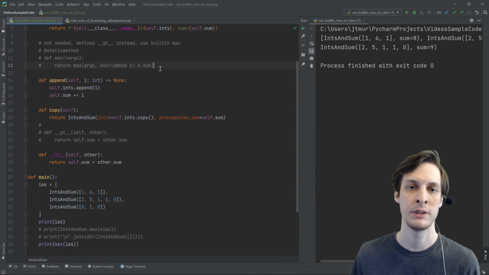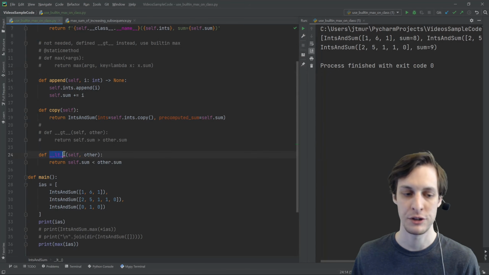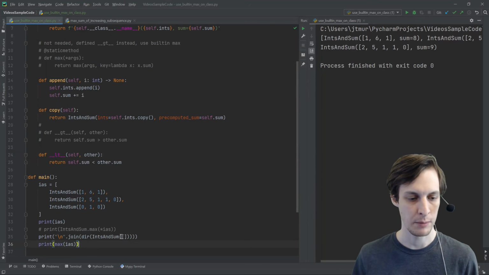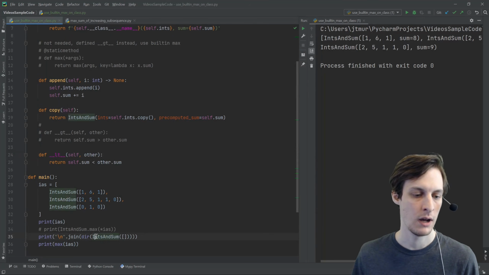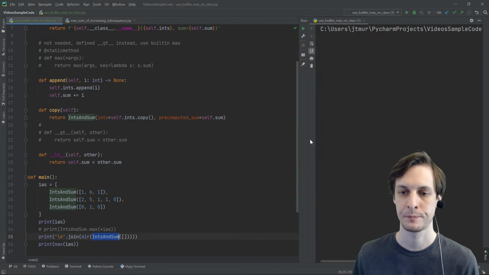We just saw how to make the built-in max operator work with one of our own classes, but what if we were interested in making a different operator work? Generally, all you have to do is define a different one of the dunder methods or magic methods. So let's go ahead and print out what the dir of an instance of this class looks like, and that will help to see what these dunder methods that are available to define actually are.